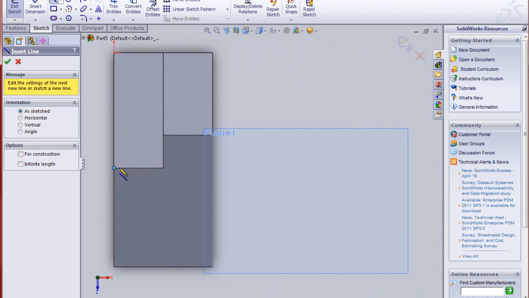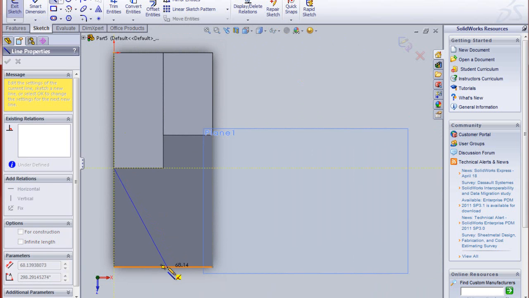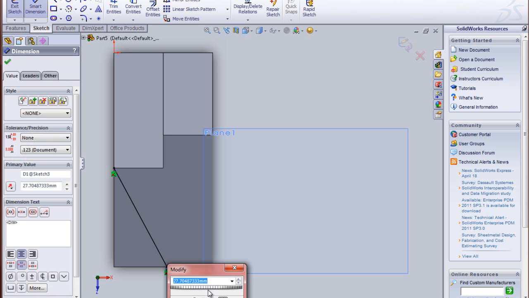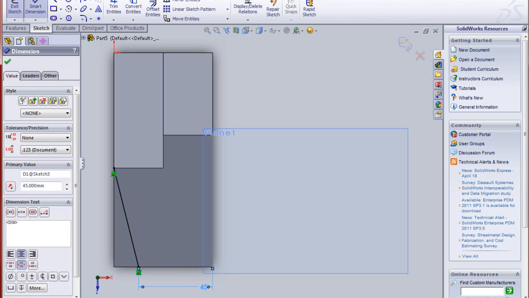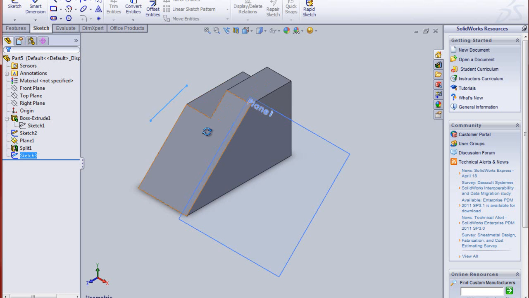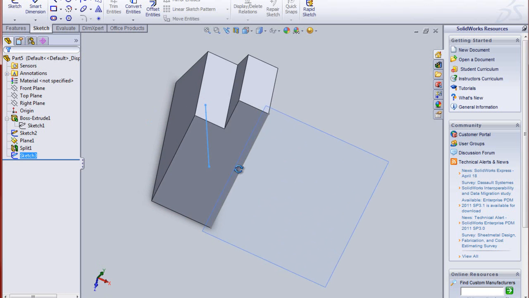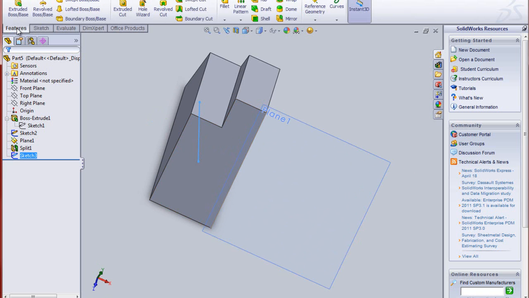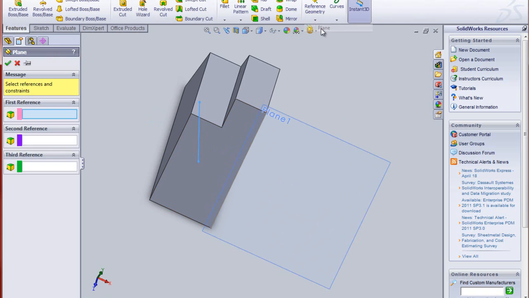Now I can snap to that, and I'm going to snap to this line right here. Escape, Smart Dimension. I'm going to snap at that point to this edge, and I'm going to go 45. Wow, and that's not much of a distance there, but that is fine. So now I'm going to exit the sketch, and I'm going to go to Rotate to Isometric, and I don't really like that view right there. I'm going to grab that. Okay, so now I have my line, and I'm going to go back to Features and Reference Geometry Plane, and